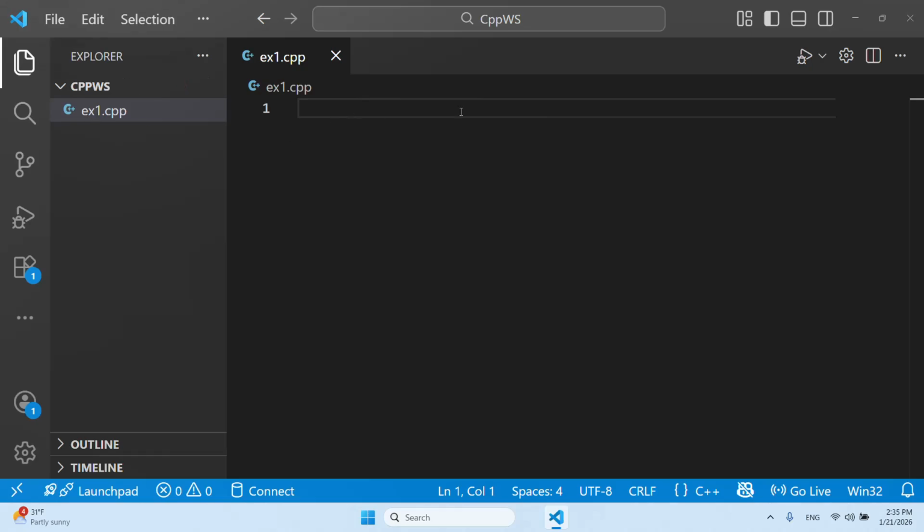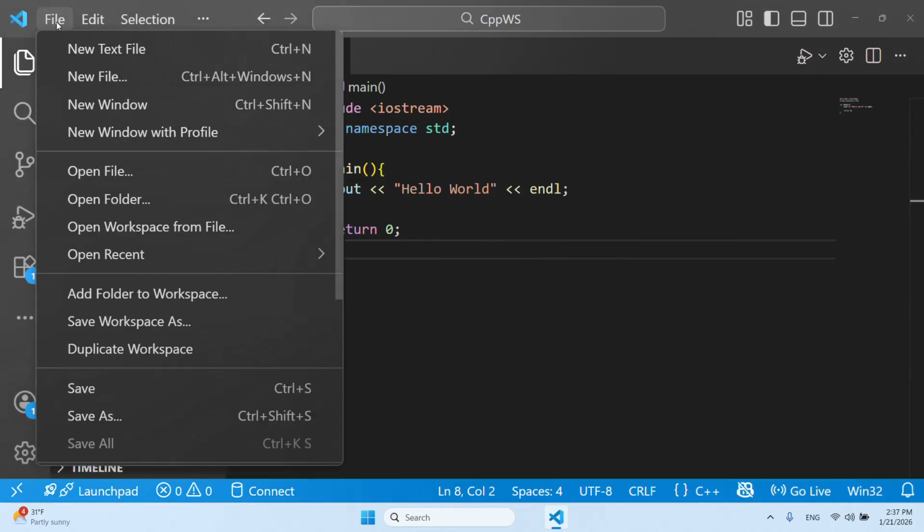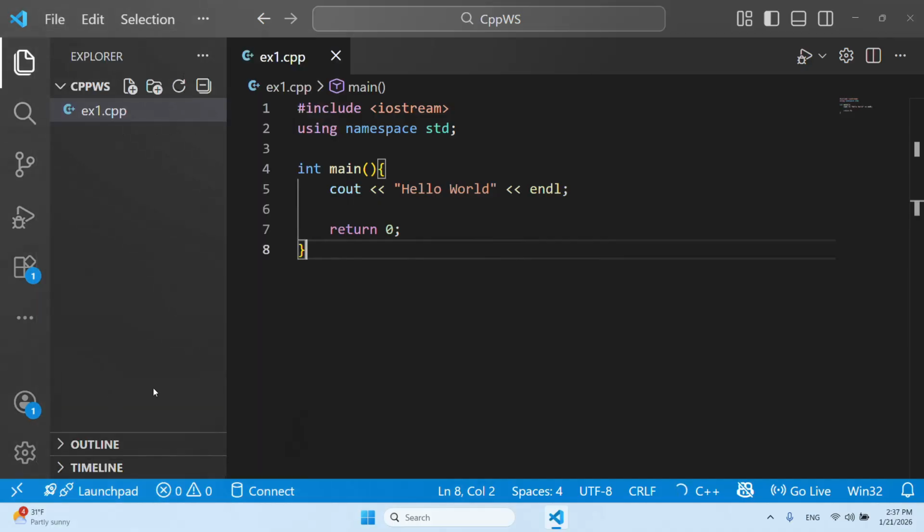Now the file is opened on the right-hand side inside the text editor of VS Code, where I can now type in the source code of my program. What I would like to do now is to implement the Hello World application. That's the first application we are going to implement in this class. Rather than typing in the source code directly into the text editor, I'm just going to copy and paste it from another file. Here we are. So that's our Hello World application. Now that we have copied and pasted our source code, we need to save it. In order to save this file, you go to File and then say Save. As you can see, you could also have pressed Control S to save the file.